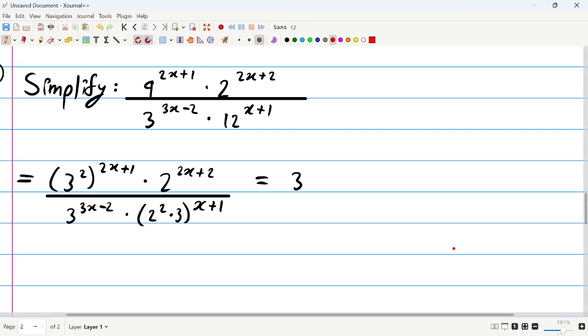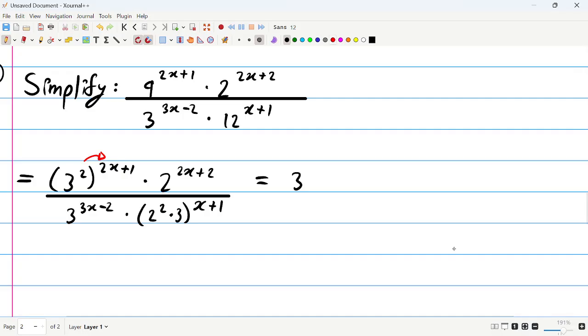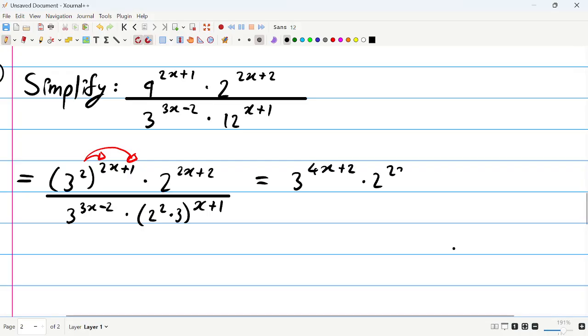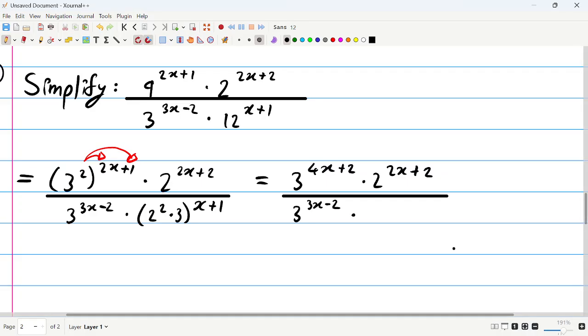If we take 2 and we multiply it into this whole expression, notice that we are just going to get 2 multiplied by, and I'm just going to show you the other one as well, and we're going to also multiply it by this one over here. So it's 2 times 2x, which is just 4x, and then plus 2 times 1, which is just 2, multiplied by 2 raised to the power of 2x plus 2, and then we are going to have the divided by sign over here, and then we have 3 raised to the power of 3x minus 2 multiplied by,